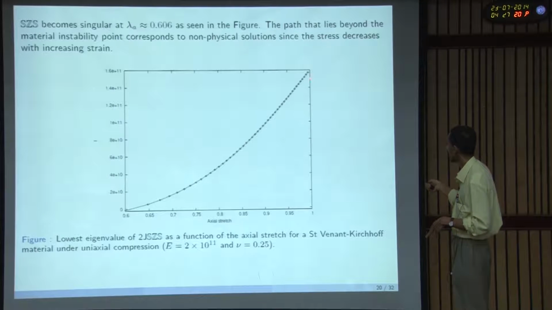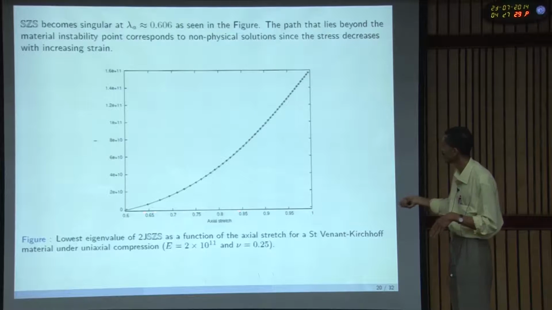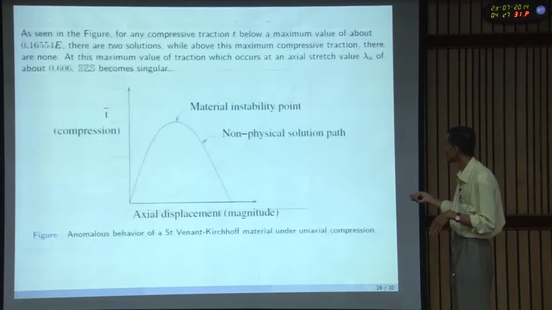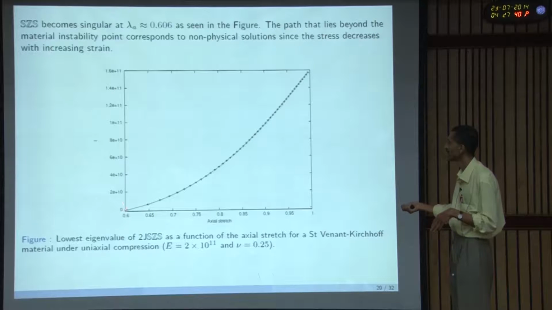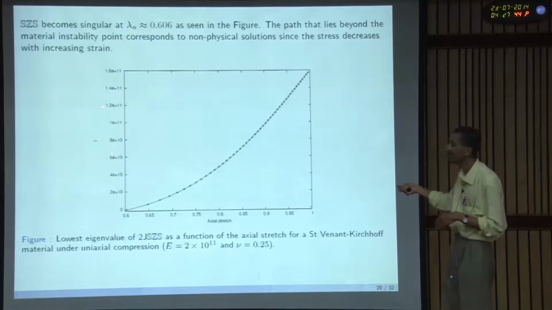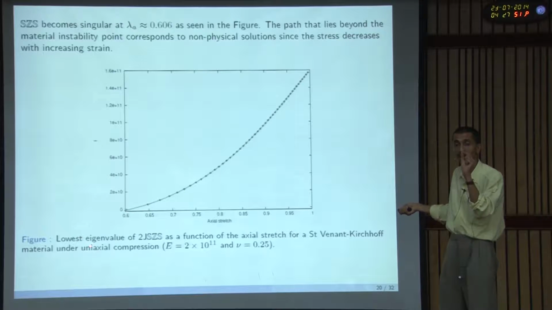I am starting here, and here everything is fine. All the eigenvalues are positive. Then as I keep on compressing the material, when you come to this instability here, there should be a problem. Here it shows that the eigenvalue has gone to 0. You can see that. These are the eigenvalues. It has not come out properly. This is the minimum eigenvalue. The minimum eigenvalue just drops and it becomes exactly 0 at that exact point.